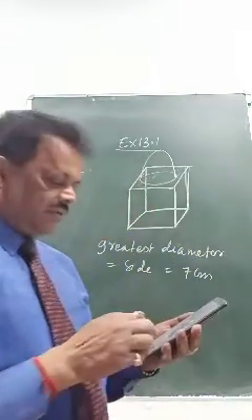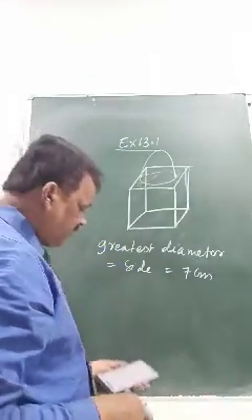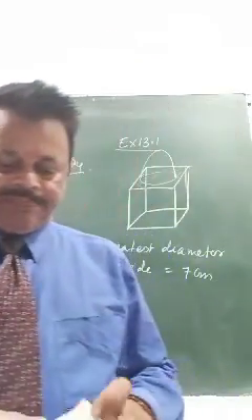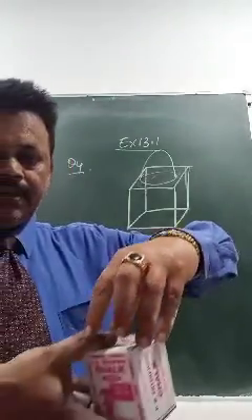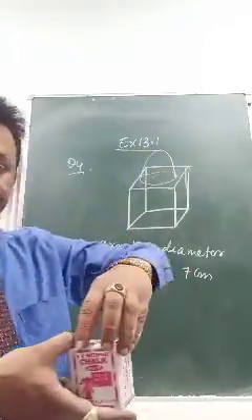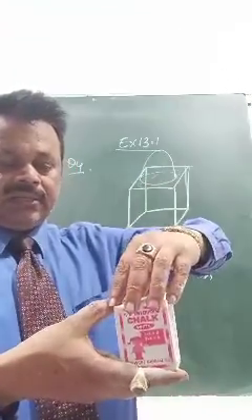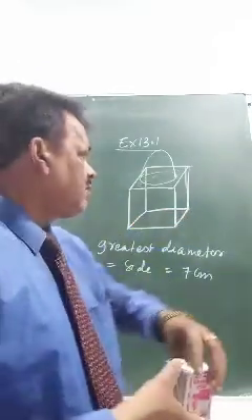Then there was a question, find the surface area of the solid. When you talk about surface area, the mistake we were making was this: this is a cube, and over this you are keeping a hemisphere. We are not subtracting the area it is occupying on the face. That was the mistake.